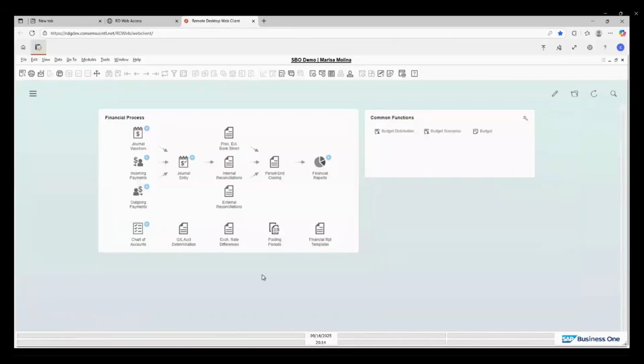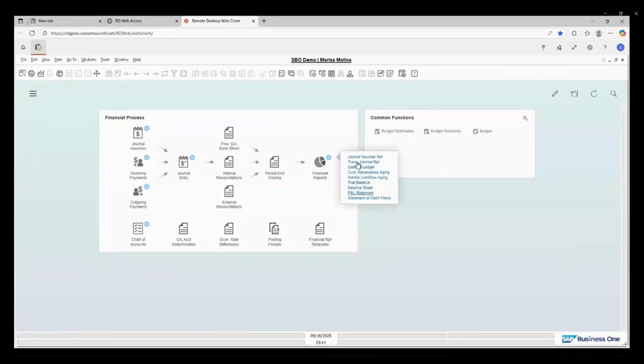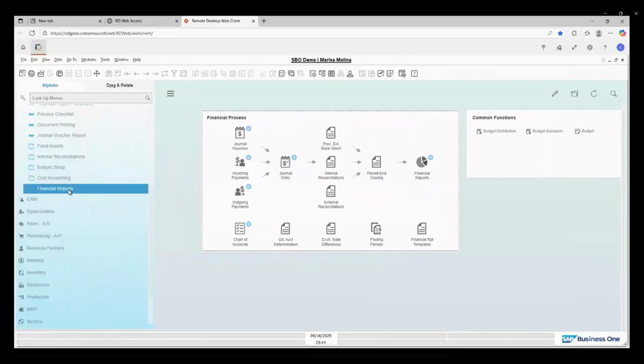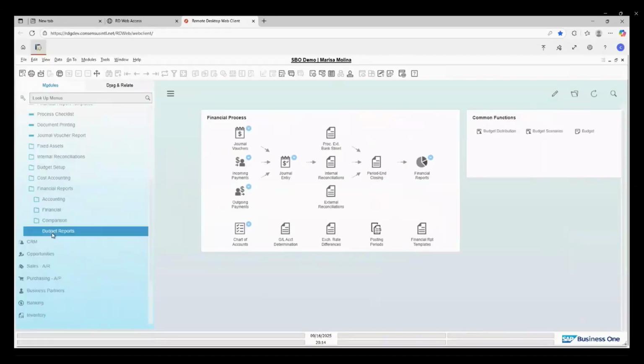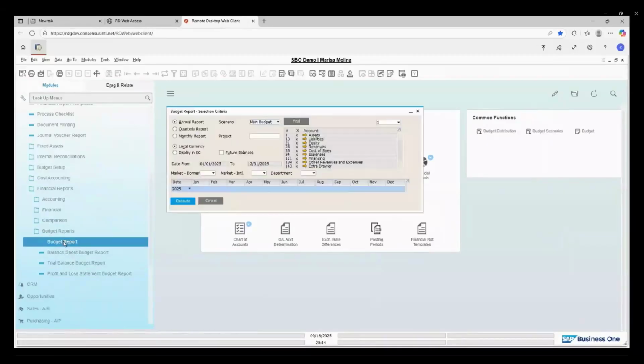And finally, that's gonna be the reports. So here we have the main report, so you won't find this in the cockpit for the financials. In that case, we need to go to the financial reports. There at the bottom, it is budget reports. So you have basically the type of utility: balance sheet, P&L, trial balance. In this case, I just open everything.